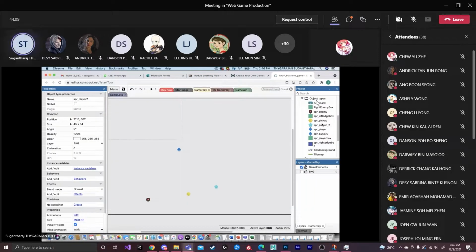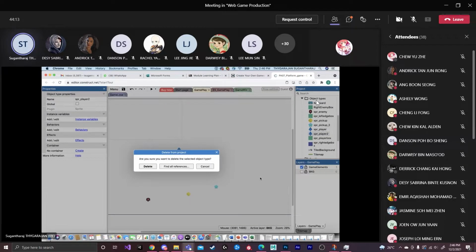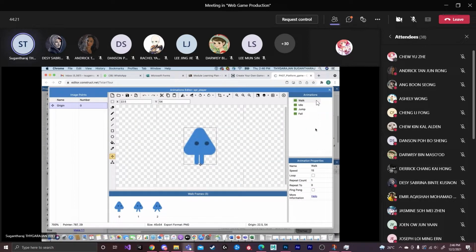Let me go and show mine. I close this one. The SPR player 2 I remove. I don't want this one. This one I created to show to you people how I'm doing it. Okay, so now I go to the SPR player again. Now I go to the idle animation. For idle animation, only one I have chosen.